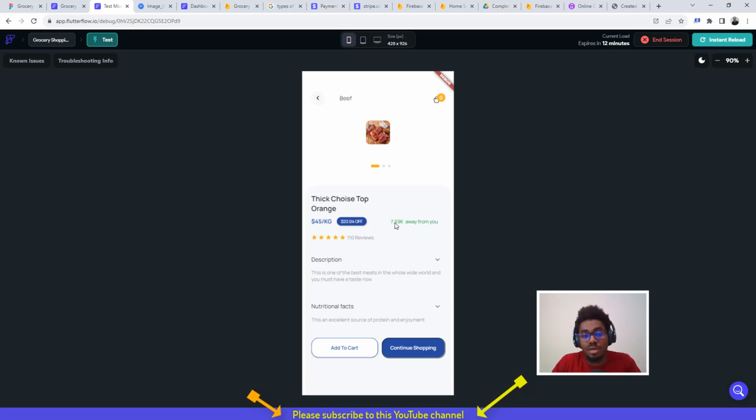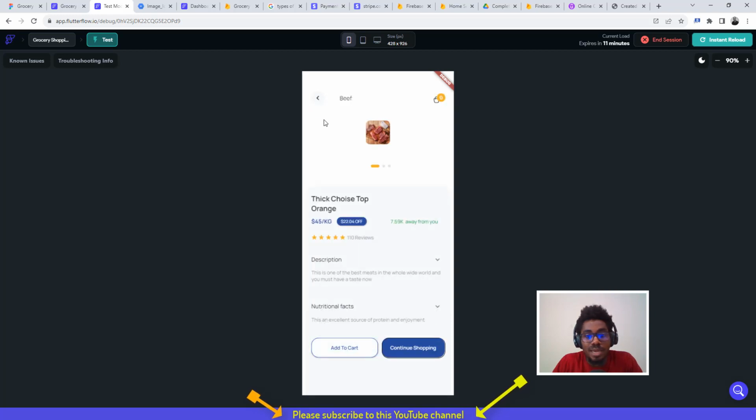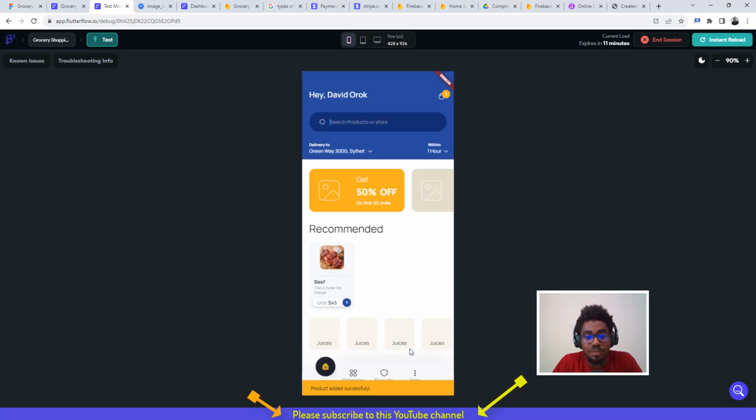Okay, so you get to learn a lot of things from this particular course, and then the user can just go ahead and click here to add this particular product to cart, and you see the number changes here. So now you can get to see the cart, and you can also just delete it. All right, so you can click here to delete it, and then, well, let's just go ahead and add it again. Why not? Then you can continue shopping,